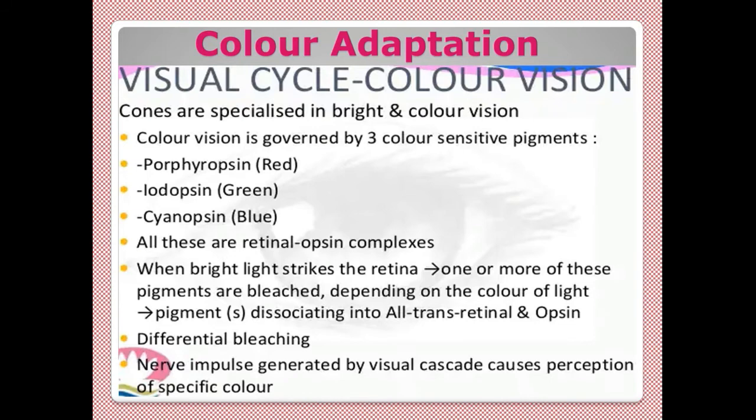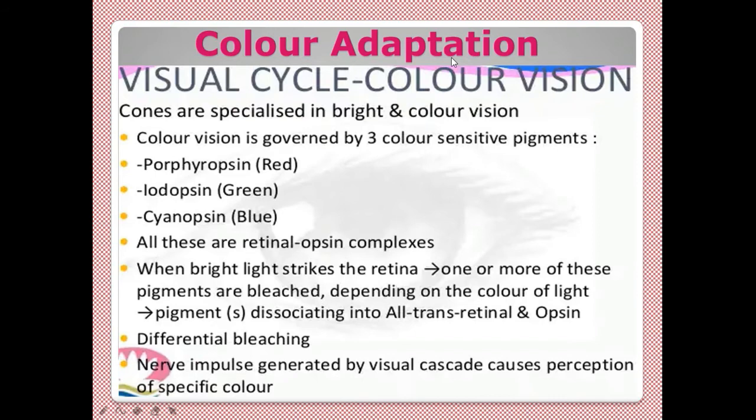So in the visual cycle, it is actually photobleaching followed by regeneration of the rhodopsin. In between, we have some metabolic pathways and photochemical changes happening. If you take color vision, the visual cycle happens in cone cells, the 3 basic cone cells: blue, green and red. There also the same photochemical reaction happens, bleaching happens, and regeneration of the pigment takes place. Because of that visual cycle in the cone cells, your color vision is possible.